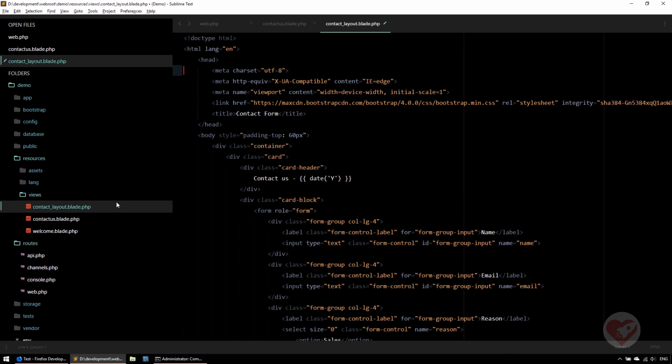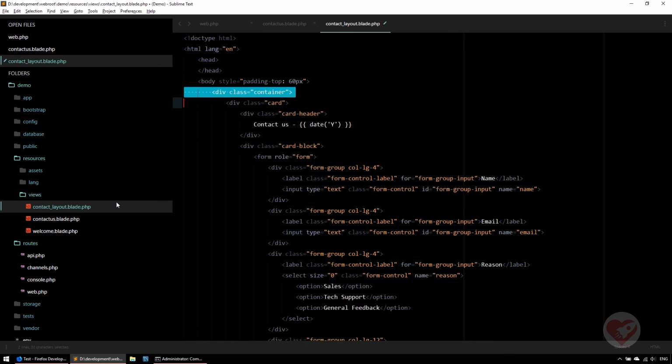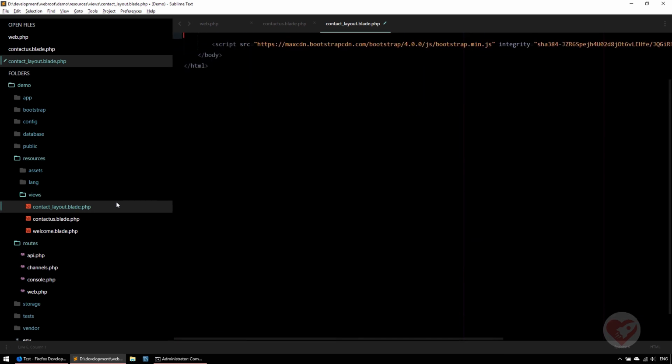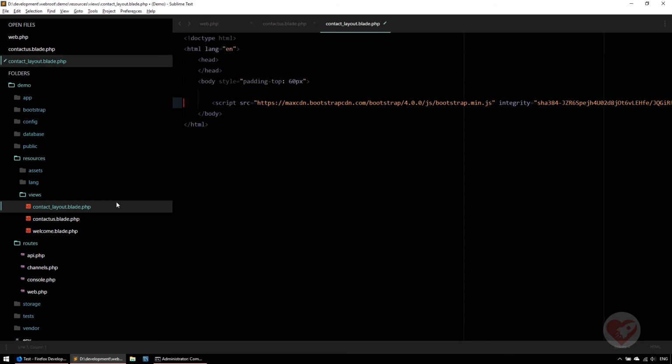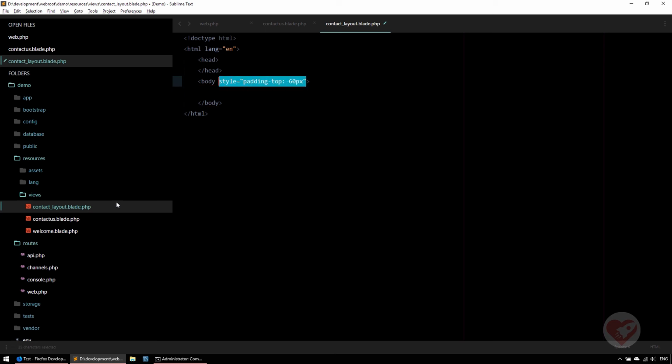So we have a head. I'm going to remove it. Then we'll have a body, right? And then there is a script here at the end. So I'm also going to remove all of these parts. So as you can see here, well, this style, we keep it like that, but here I'm going to do